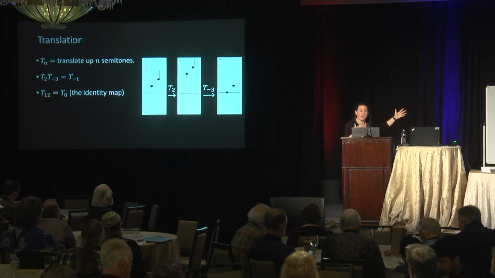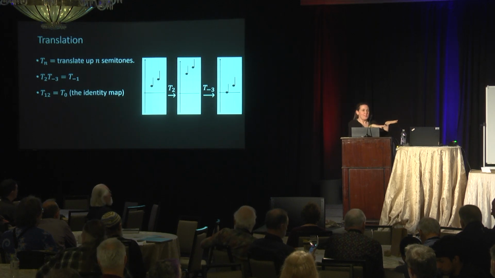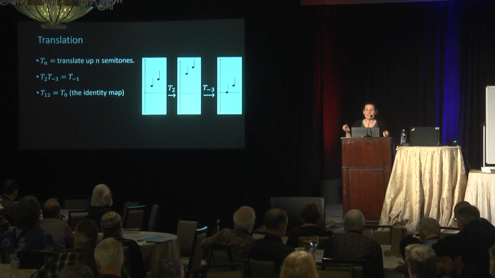So this is the same as translating up or down by 0 semitones. So in algebra, we call this the identity map, right? You're not doing anything. Identity as in identical. Everything's just left where it is. That's one of the other things you need for a group, actually. You need to have some element that does nothing. It leaves everything fixed. So this is kind of like the clock arithmetic group, right? There are 12 different translations. And actually, once we get back up to 12, we just start again from the beginning. So there are 12 translations. Okay, we've counted the translations.